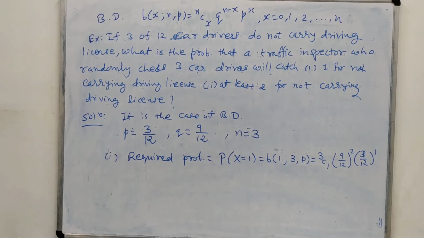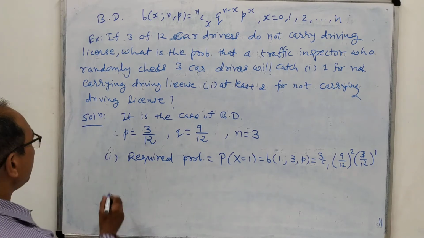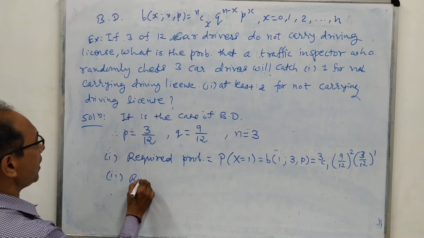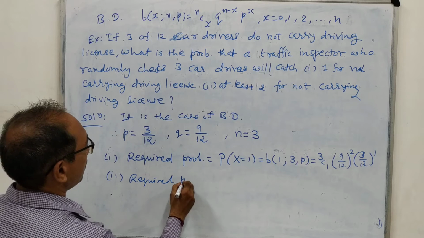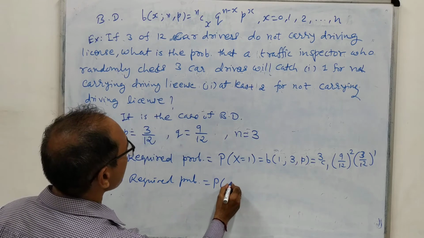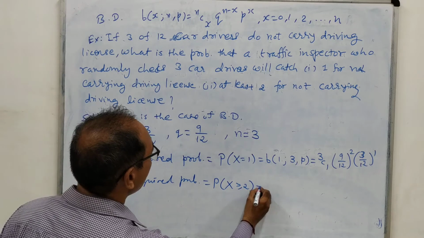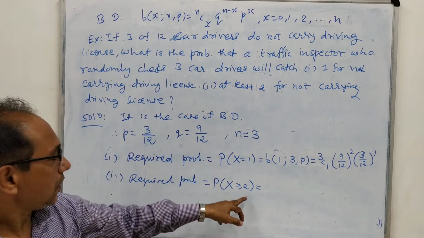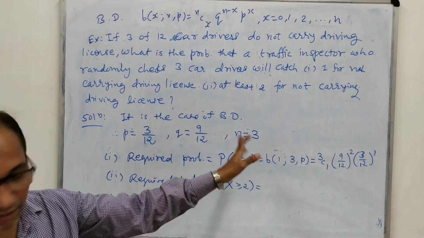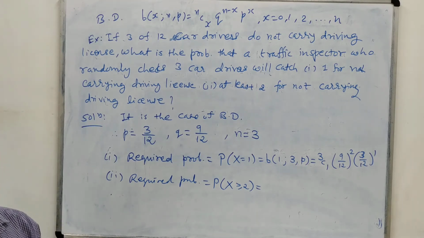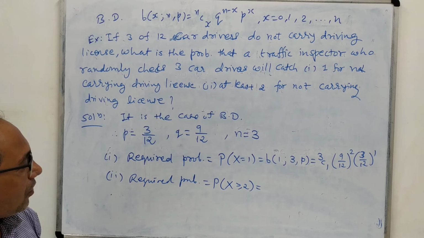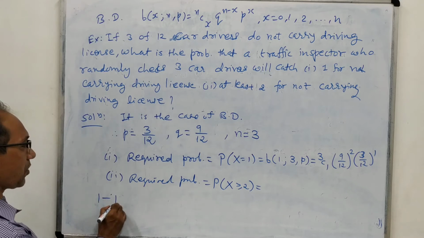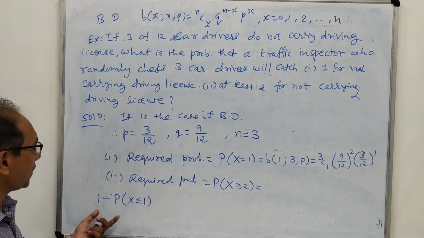Now let us see the second part. The second part shows at least 2. So here again the required probability equals probability of at least 2, that means probability X greater than or equal to 2. So here we have to add the binomial probability for small x equal to 2, then 3. But 3 is the last number. So we only require two binomial probabilities to find out. So we don't use the case of 1 minus probability of x less than or equal to 1. This also you can use.